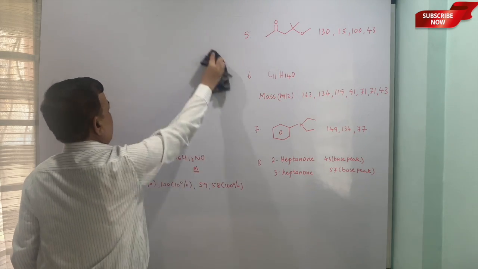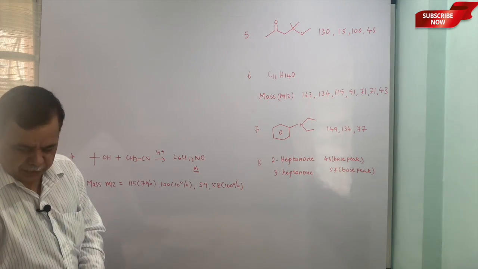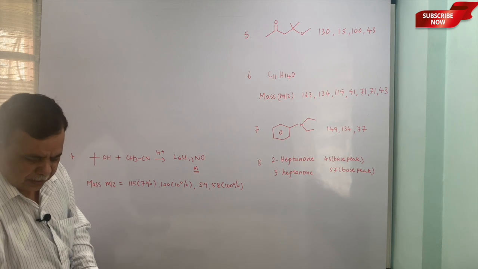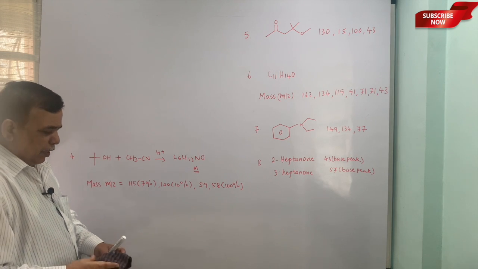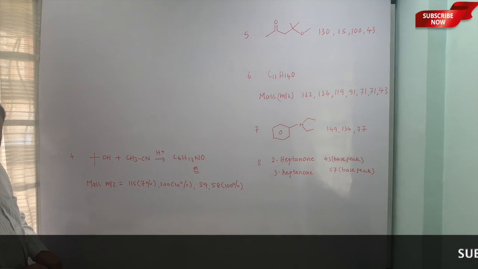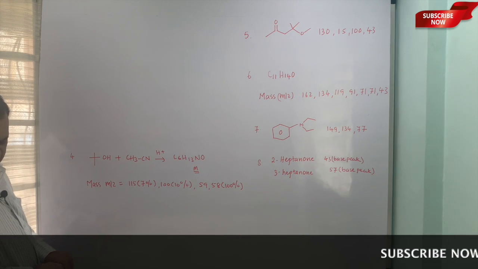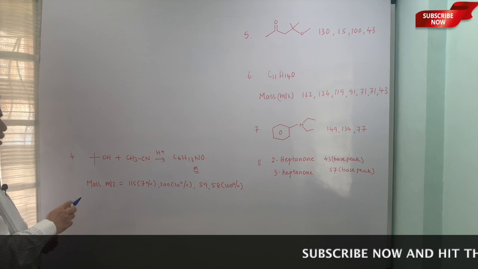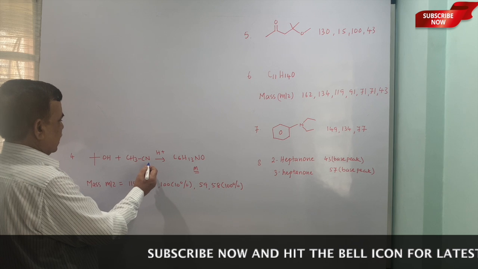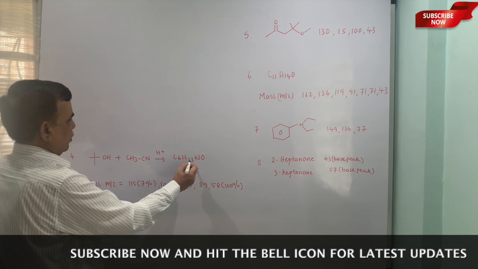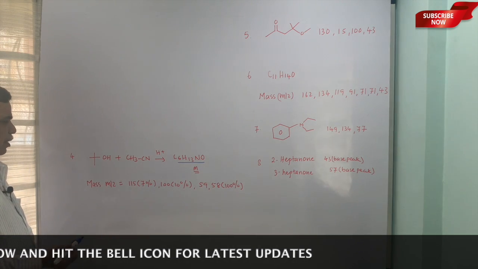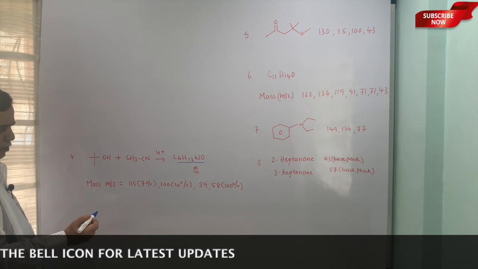The important peaks with the higher relative abundances are needed to be explained. I don't think such difficult examples will be there in first year. These are examples generally asked in second year MSc organic specialization. Okay, then the next example is tertiary butyl alcohol and methyl cyanide, and you get the intermediate compound M whose mass is given here. So we have to explain this.